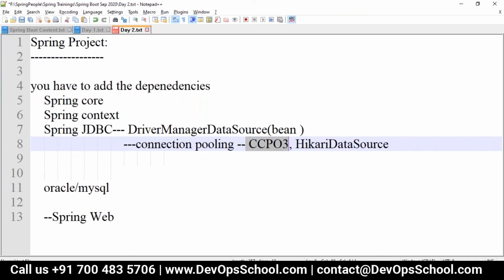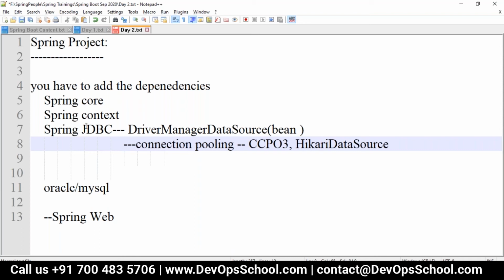It's working properly, and there are a lot of communities helping to solve any errors. Spring Boot internally configures the HikariDataSource. If you write Spring Boot code, it automatically takes care of Hikari, so we need not configure any data source.